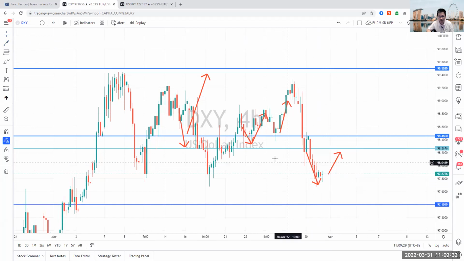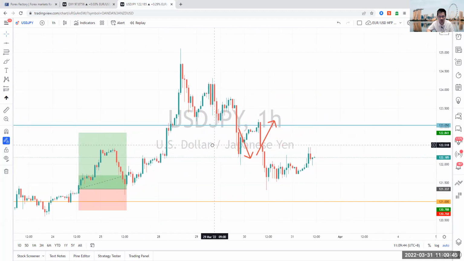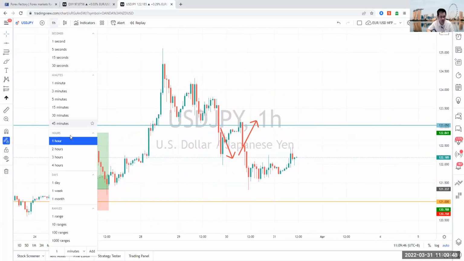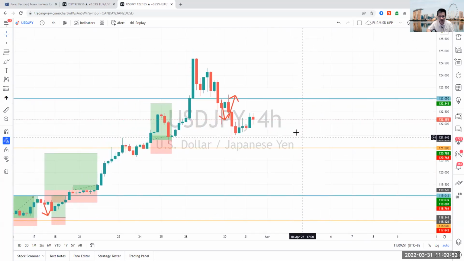All right, so that's my view on the dollar, overall dollar strength or dollar stability before some strength. What that means is looking at the US yen, right? US yen, we were talking about this. Let me switch it to the H4 time frame. Right, so US yen on the H4 time frame, it broke below this 123 level, came as close to the 121, so it came to 121.34 before bouncing back up.